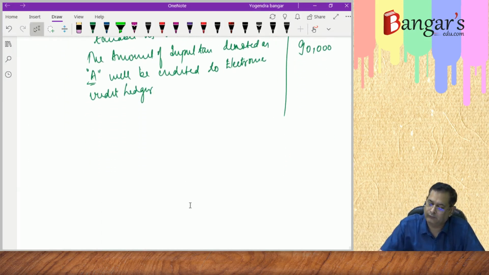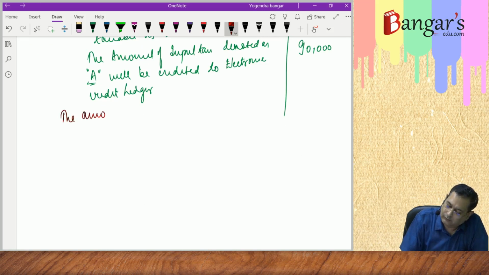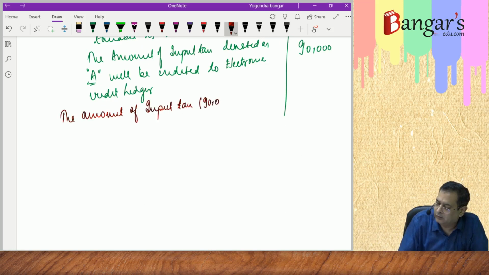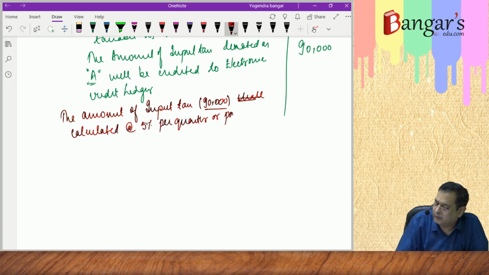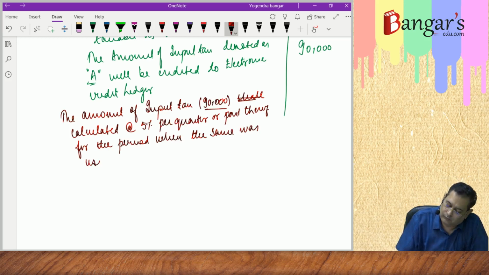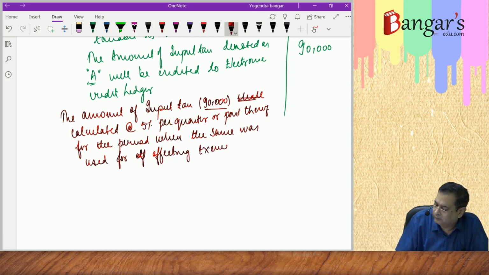Then in this itself we are writing the amount of input tax, that is 90,000, shall be reduced by the amount of input tax calculated at the rate of 5% per quarter or part thereof for the period when the same was used for effecting exempt supplies, denoted as TIE,